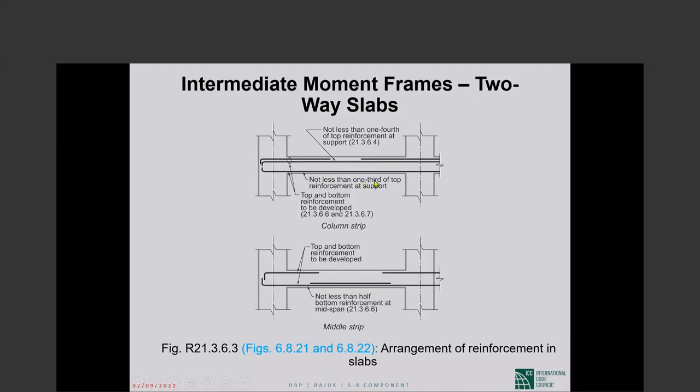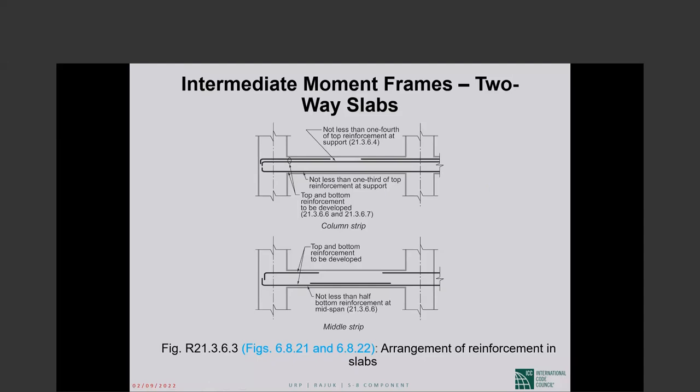Not less than 1/3 of the top reinforcement at the support. That is not span moment. This is exactly what is written. Not less than 1/3 of the top reinforcement at the support shall be continuous through the bottom of the column strip. Okay, top and bottom reinforcement must be fully developed at the